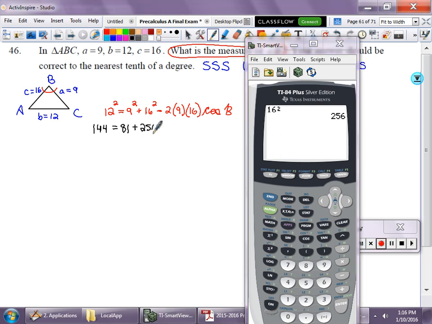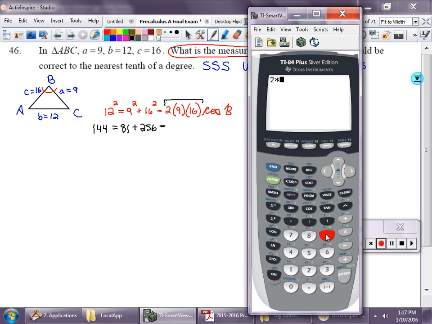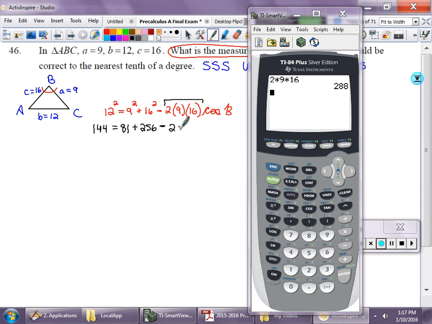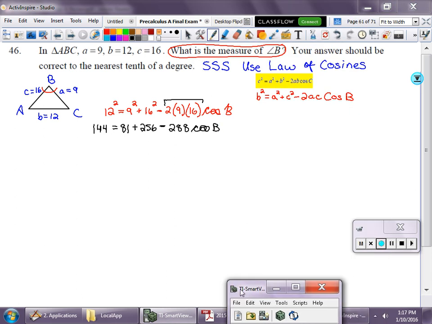256 minus, again, all of this should be in your calculator, so go ahead and do that. 2 times 9 times 16, 288 cosine B. Okay, let's shimmy this down. And we're going to add or combine our like terms. These two go together, that's a constant. This is the coefficient of cosine B. So just adding here, left to right, this is 144 equals